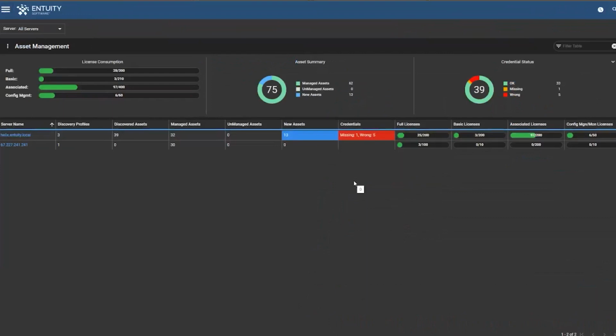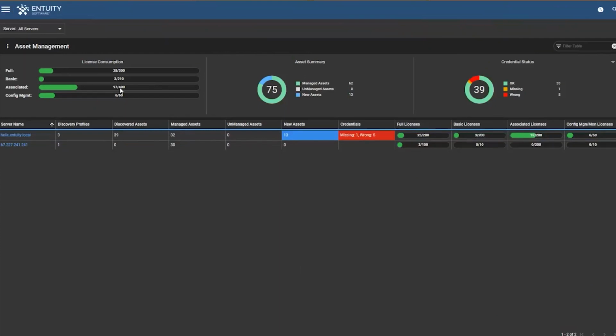So first, this page shows me the servers that are taking part in this demo. I just have two for now. How many assets each is managing, and how many license credits are being consumed. Now, this is just a small demo, but each server can comfortably handle over 1,000 fully managed devices, over 100,000 interfaces, and in turn, you can easily scale out by adding more servers whilst continuing to see and control everything